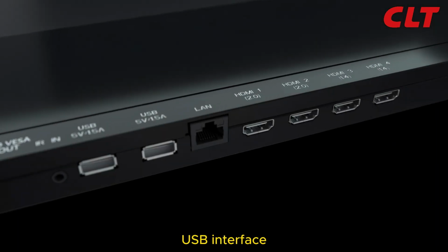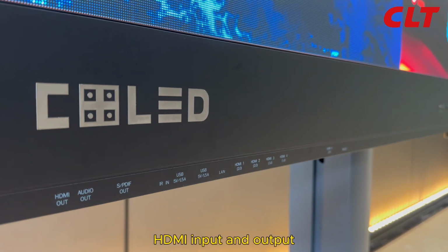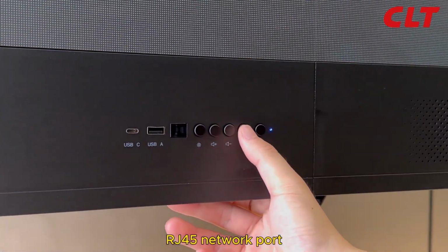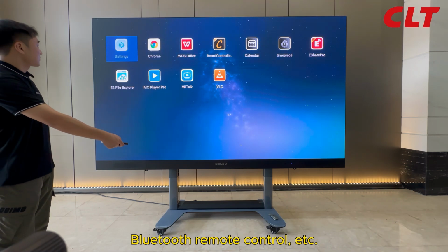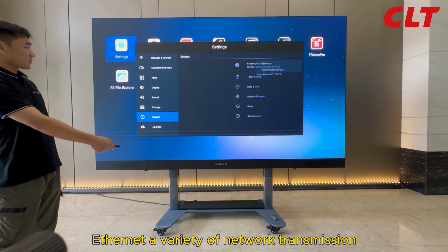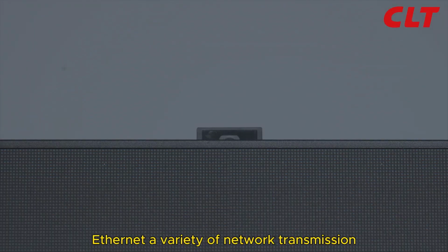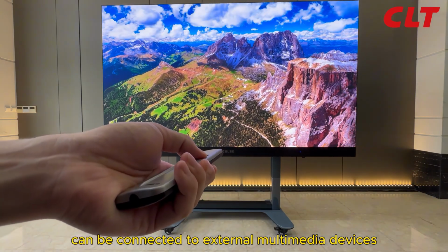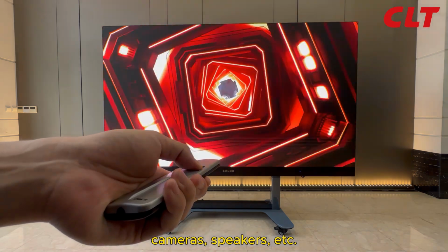Rich interface compatibility: USB interface, HDMI input and output, RJ45 network port, Bluetooth remote control, and so on. Support for Wi-Fi, Bluetooth, Ethernet, a variety of network transmission can be connected to external multimedia devices like cameras, speakers,